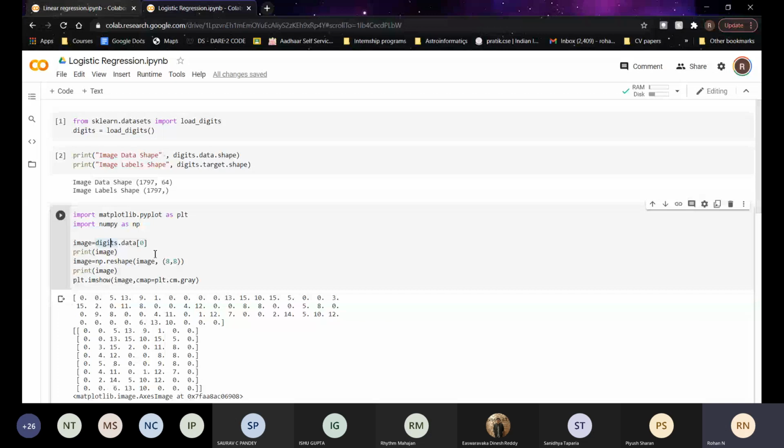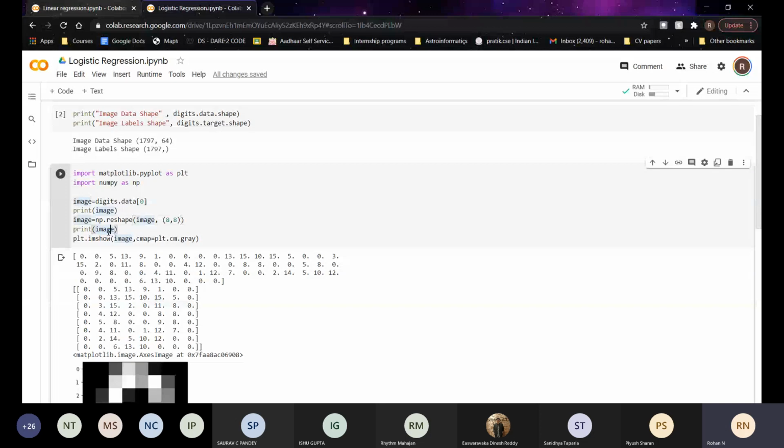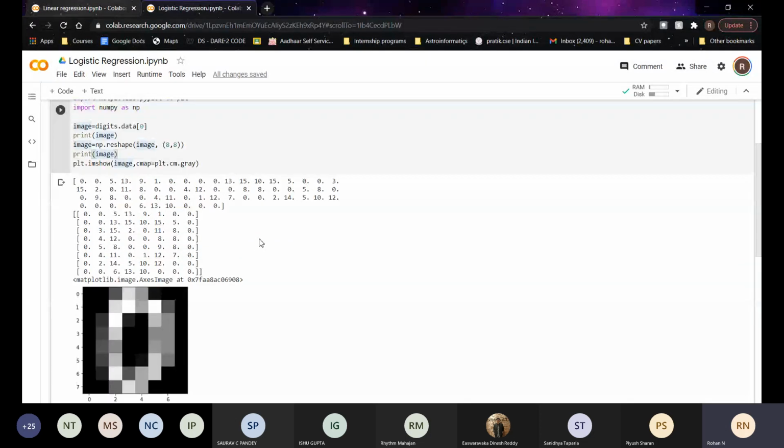Now after reshaping it, I'm using matplotlib to show you the image for your clarity. The array initially was a linear array with all these elements, so I just reshaped it in this format.